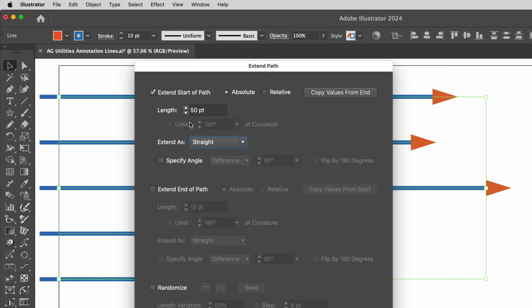And for the length, I'll use a negative number. So I'll make this a -50 and hit the Tab key. And now we can see we've created a margin on this path where the blue stroke appearance doesn't start until 50 points along the path. Let me make this a little bit larger. I'm holding down the Shift key, tapping the down arrow on my keyboard to make this 100. And now I'll click OK.